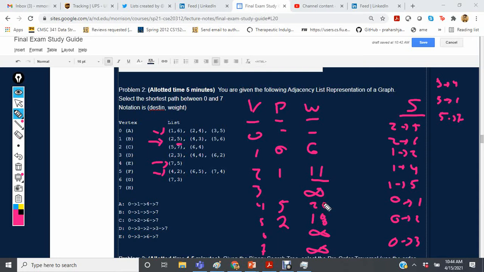Now we have 4 to 7, which is going to be at the top of the stack. So now we're going to say, well, 7's parent is 4, and now we have 20 plus 5, which is going to give us 25. 7 has no outgoing edges, so we can see that 4 only had the outgoing edge to 7. 5 to 4, we investigated this, and now we can go 5